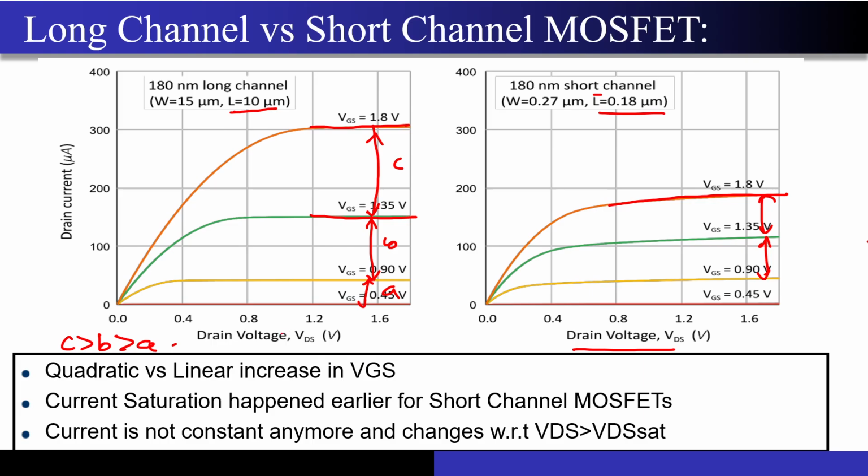The next question we have to ask ourselves is, this is where the VDSAT was, the point after which the current got saturated. This is the point after which the current got saturated, and this is the point after which the current got saturated. So if I just join them, it will come out to be a parabola. But if I just take these points, they occur on a vertical line. So these three points we have to take note of, and ask ourselves what has actually happened.